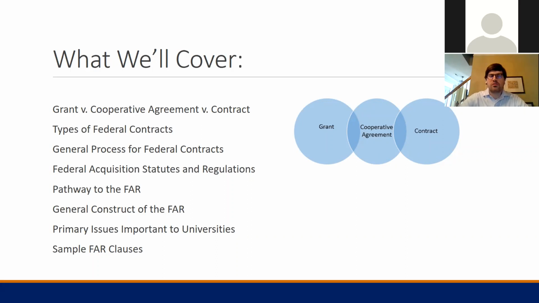This is a small slice of the overall universe of federal contracting instruments that are available to the federal government, and that's primarily a function of the type of work that we're doing, which is primarily R&D and a little bit of services, but not much in the commercial or more services or even goods realm. And so there's a larger universe of contracts out there that we'll just touch on for background information,